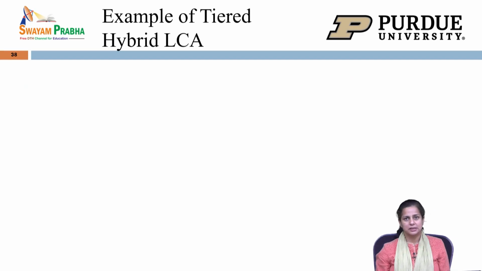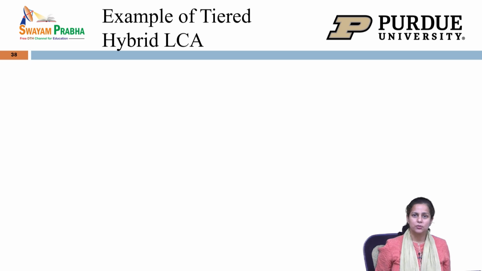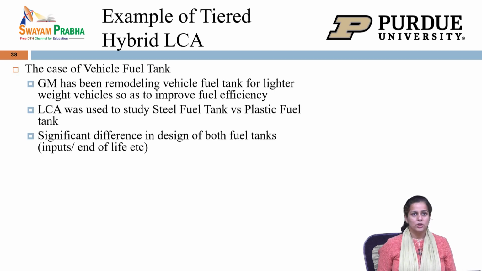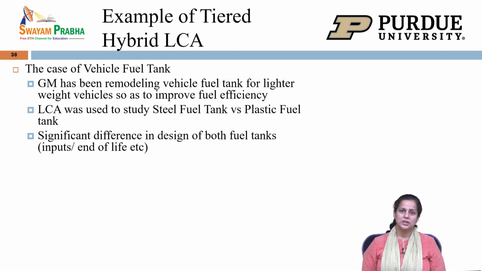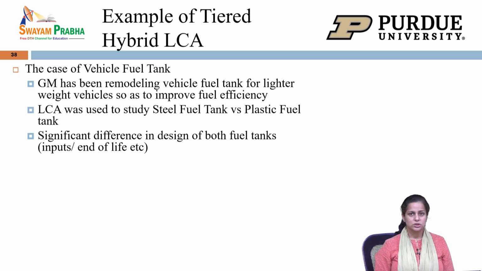So let's look at an example of tiered hybrid LCA so that it becomes clearer how we actually perform a tiered hybrid LCA. This example I have taken from literature that is already published. So we'll just go through the components of the LCI and how that emissions impact was done. This example is a case of a vehicle fuel tank, and the idea was that General Motors, which is an automotive manufacturing company, has been remodeling its vehicle fuel tank for lighter weight vehicles so as to improve